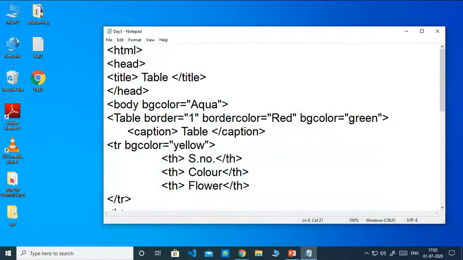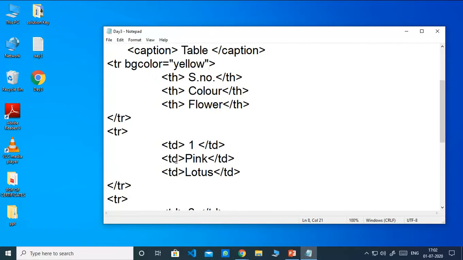Now let us use the same attribute, BG color, with our table data. Now I want a single cell to be colored, or you can say you want one single cell in a different color.